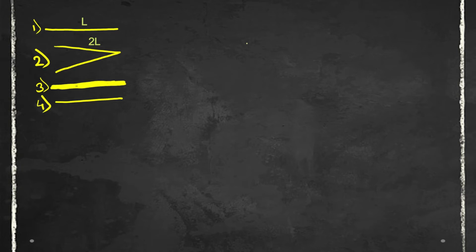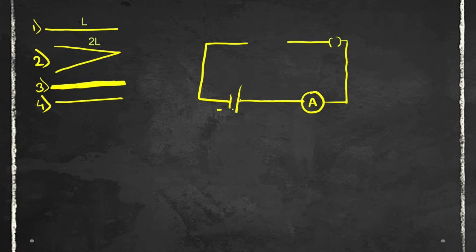First, let us draw a circuit diagram. Here this is the battery, this is the ammeter, here is a plug key, and here we have left a blank space for connecting the different types of wires. Why have we taken these four different wires? To understand how the resistance in the circuit will change by changing the wire to one of different length and different area.